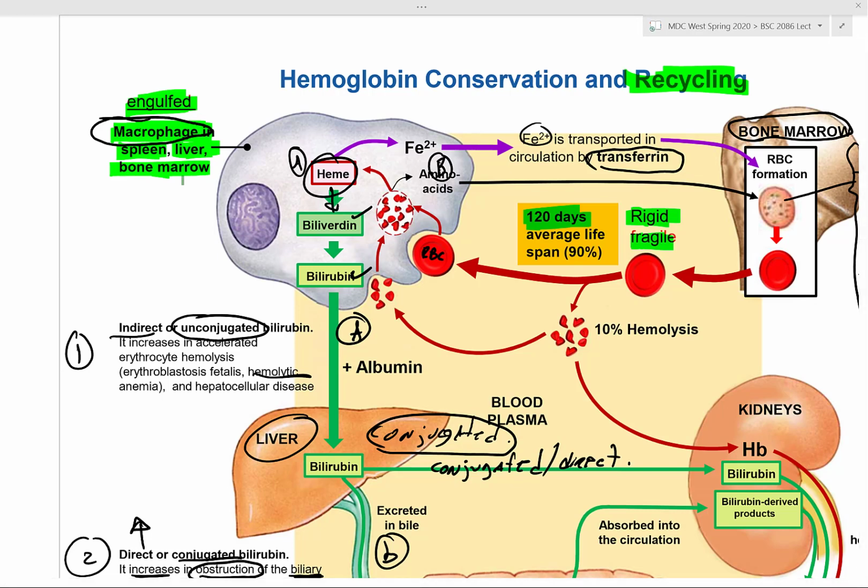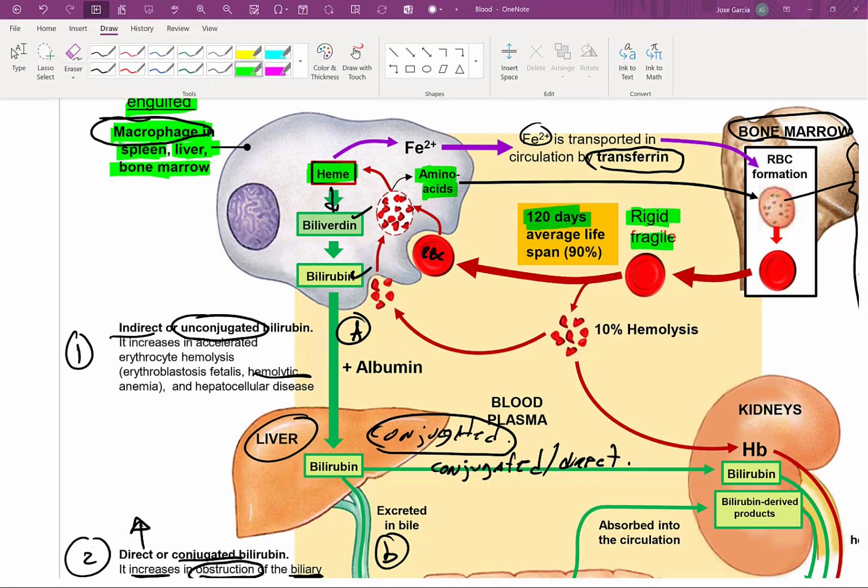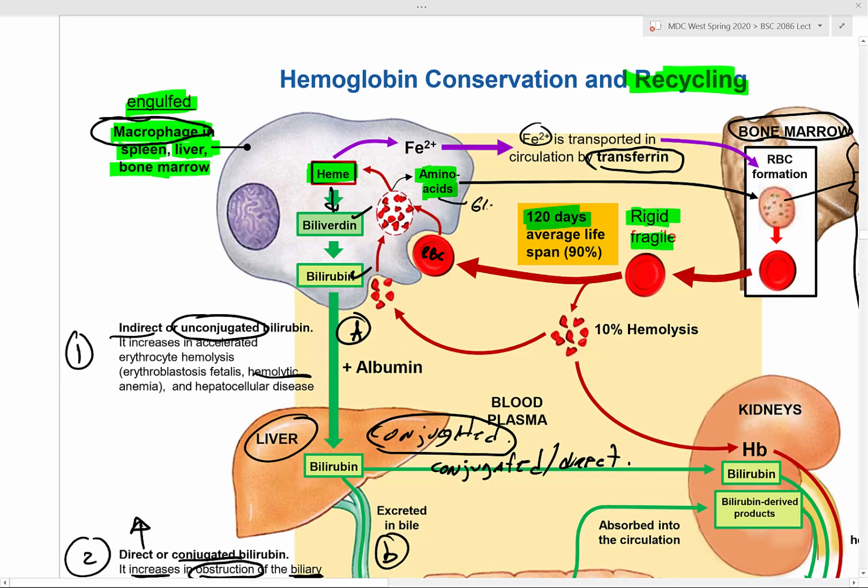As you engulf the red blood cell, as you can see here, what is happening? There are two fates of it. One is that you break the red blood cell into the heme group and the amino acid group. What is the amino acid protein that we talked about? We said it was called what? Hemoglobin. So the amino acid comes from the globin protein. As we break down the globin, that gives you the amino acids. What is the fate of the heme? The fate of the heme is to be recycled and transported back through transferrin.